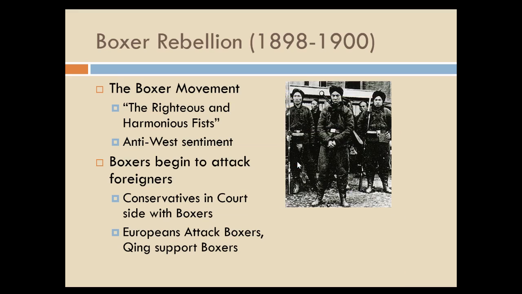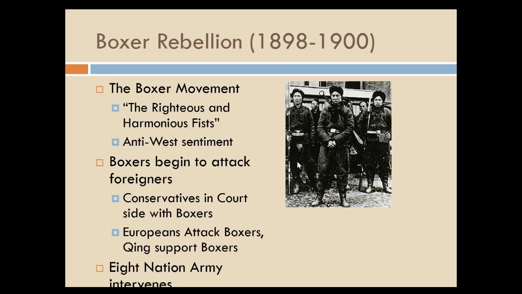by the Europeans. Here's a picture of what the Boxers began to look like as they became a lot more open and a lot more brazen in their public pursuits of vengeance against the Europeans. I wouldn't want to run into any of these guys in a dark alley or a well lit alley. Even they seem like they mean business, and I would leave quickly. But as I said, they begin to join forces with the Qing military forces, and